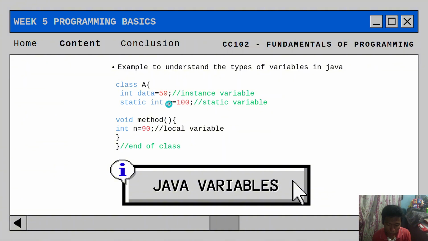So in this code, we can see that this is the instance variable. Okay, the int data equals 50 is the instance variable. The m equals 100, the m is a static variable. Okay, and the local variable is the n. Each one of these has a different scope and lifetime within the program.